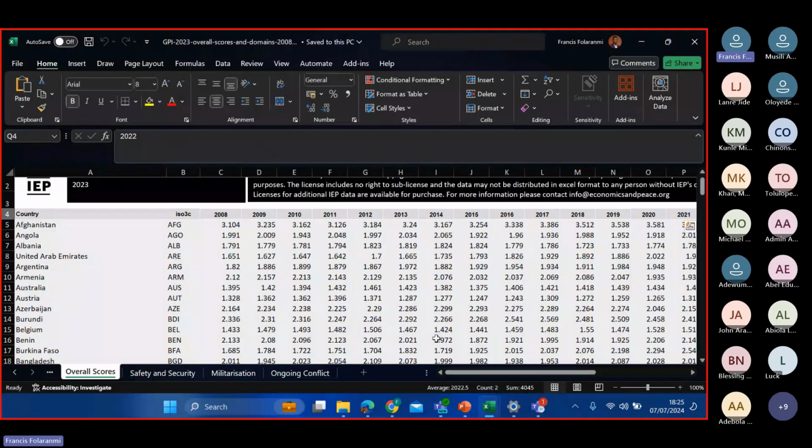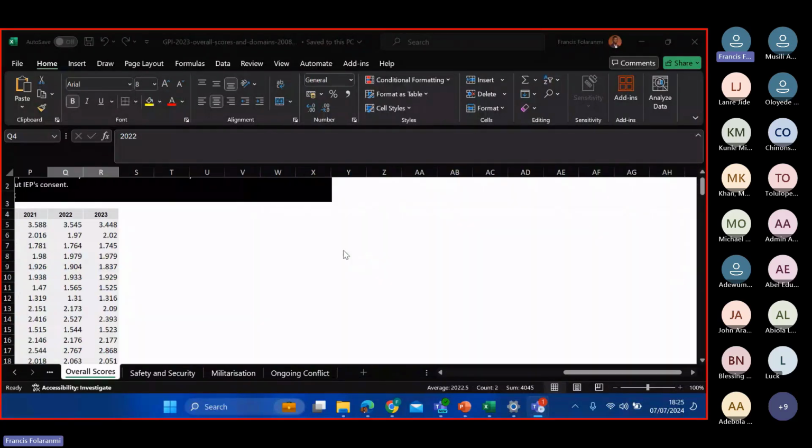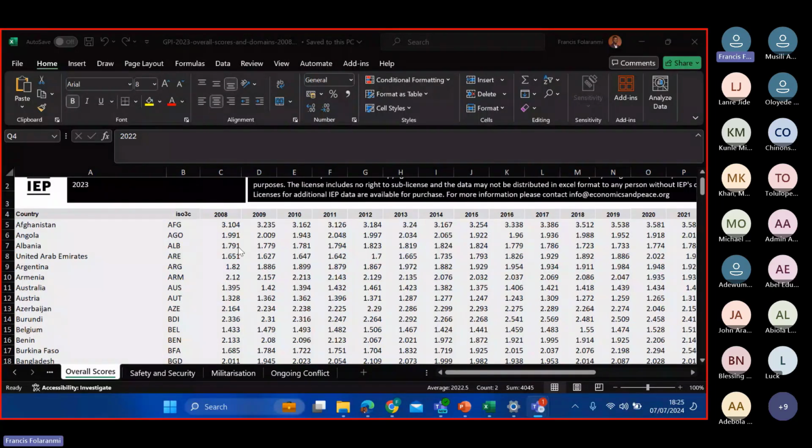Now we want to bring a continent into our data, and also this data is not in the best of shape. We want to be able to see how the GPI is increasing from year to year. You can see that we have a horizontal orientation for our data from 2008 up to 2023. But I want to change it to a vertical orientation so that we can see a trend of how GPI is increasing per country.